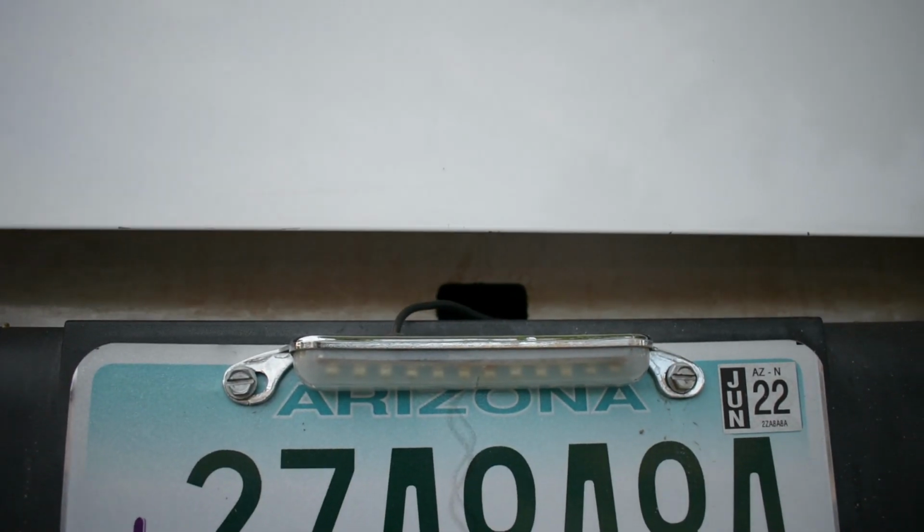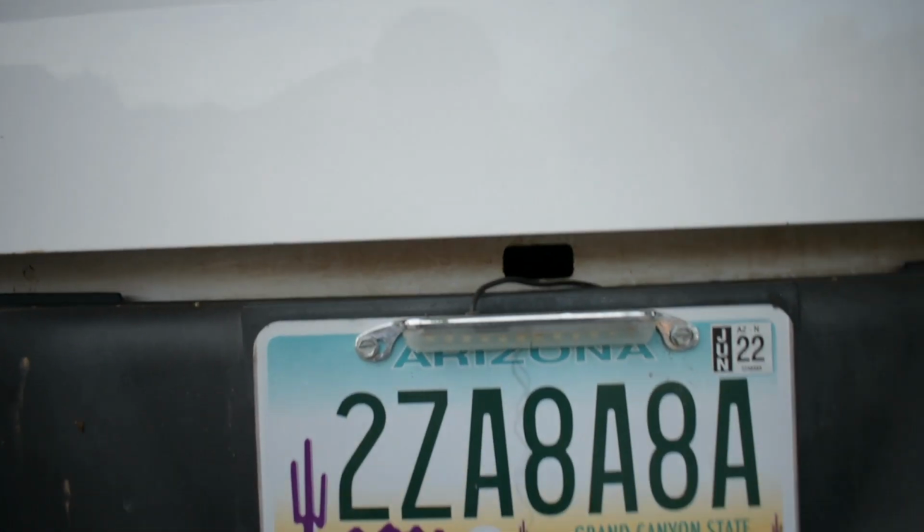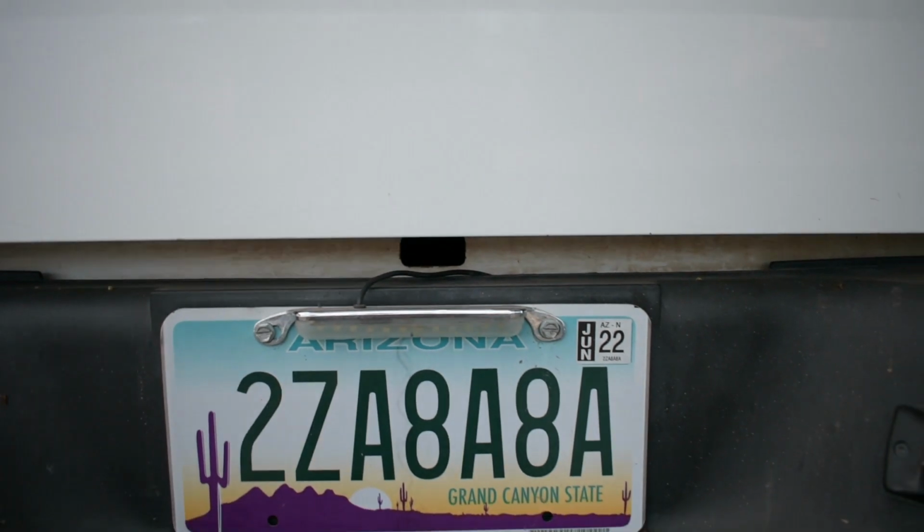But yeah, moving on from that, I have the LED license plate. I have this little LED bar. I got it from AutoZone. It was like 15 bucks. I like it better just because it doesn't have that fat plate all the way around. It just screws in with 2 screws, and then I wired it to...